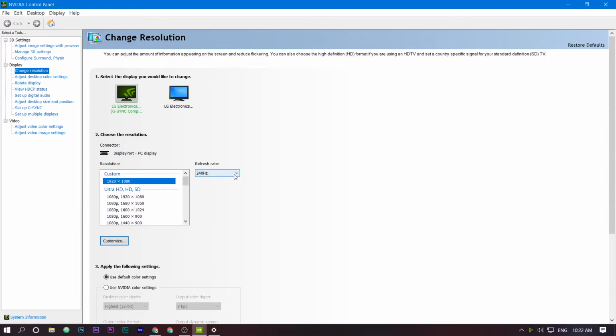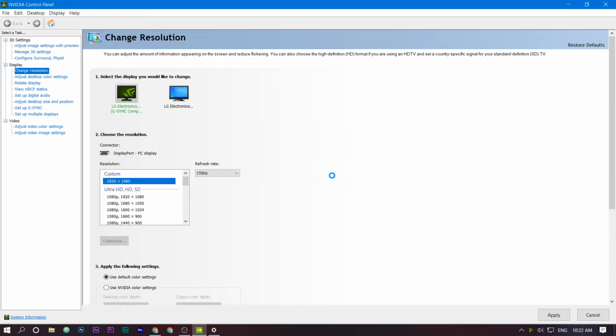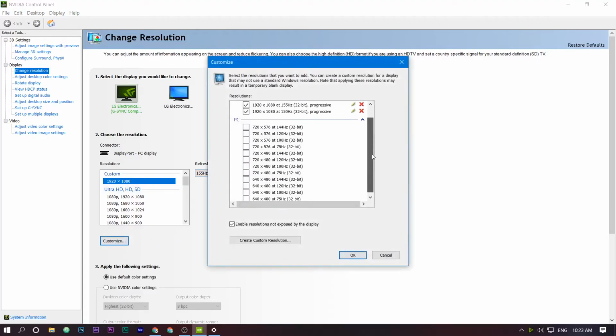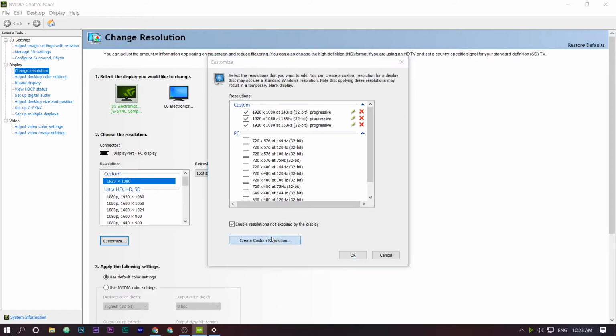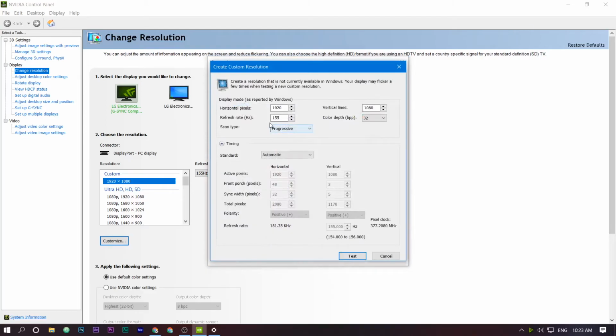Now, to prevent my monitor from blasting into flames, I'm going to reduce this back to 150. And as I said, I did all this testing before recording, so I didn't want to make the recording extremely long. As I said, I could push it up to 240 Hz, but I'm not going to be doing that. You should also not do that, because it's going to compromise your monitor life. So as I said, 180 Hz was very stable for me, plus 40 Hz. Even though I can push it above that, I'm not going to do that. Even you shouldn't, because it's going to compromise your monitor's life.